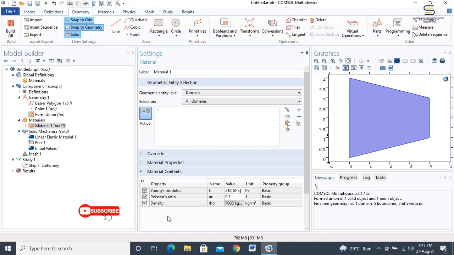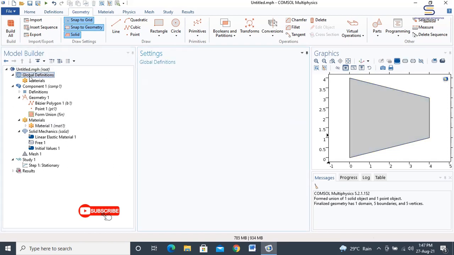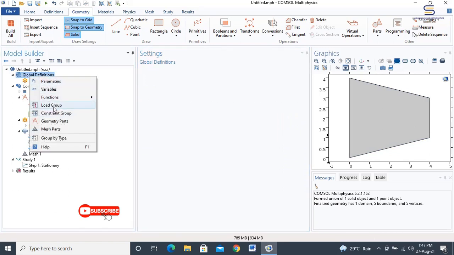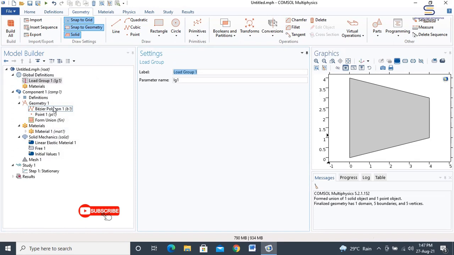Click outside and then we need to predefine some of the definitions. For this, you have to go to definitions and choose load group. In the global definition, click on the global definition, right click, find load group. From the load group, you will be seeing LG1.